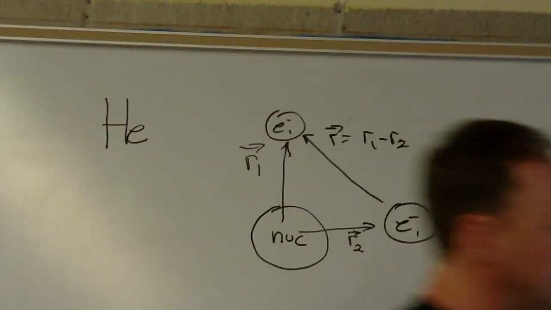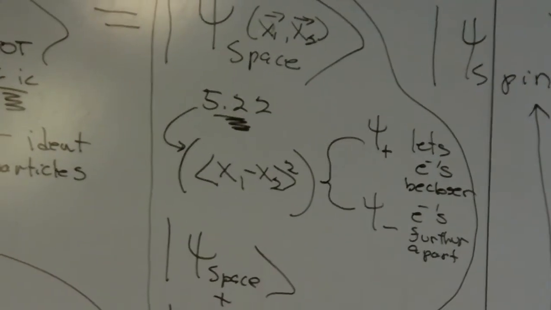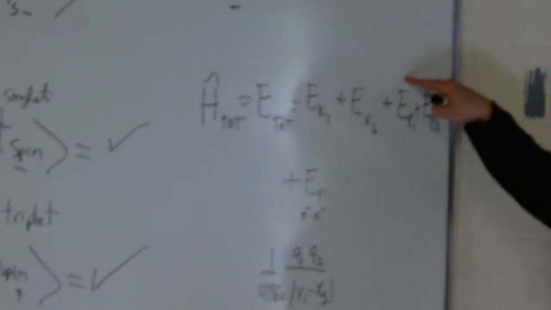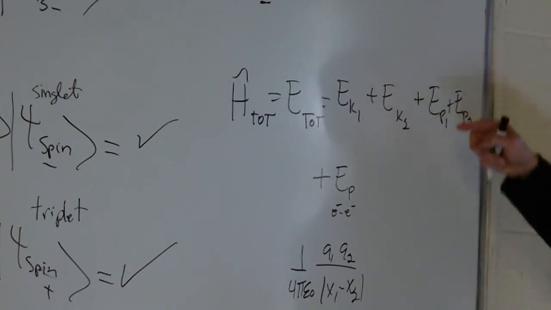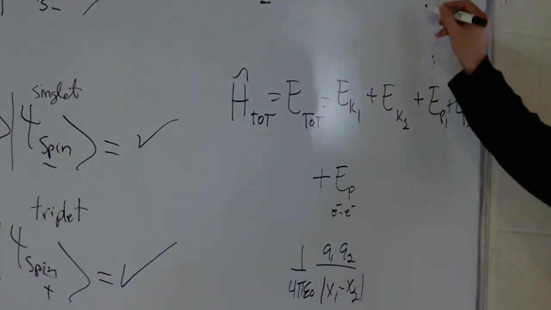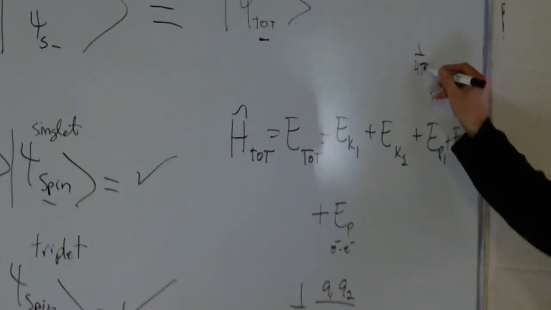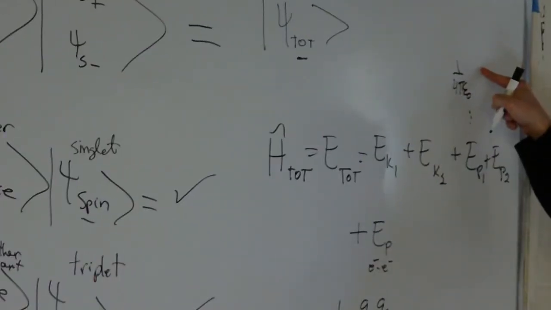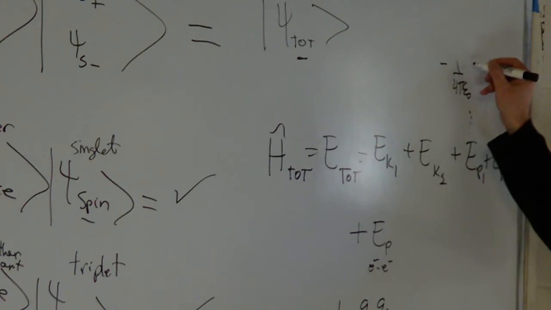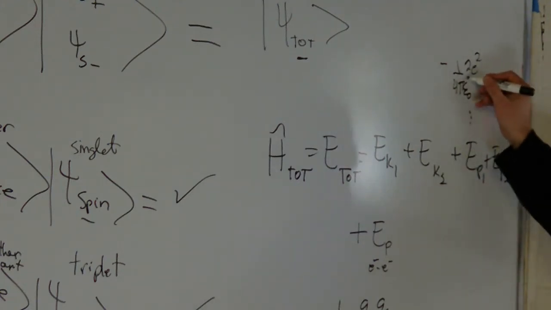All right, and by the way, if I were going to include the potential energies here, would this potential energy be positive or negative? That'd be negative. It would be minus 1/4 pi epsilon naught, then I need a Q1 and Q2. But what is this potential energy between? The electron and the nucleus. So Q1 is minus e and Q2 is plus 2. That's right. So this becomes minus 2e squared, and that would all be divided by